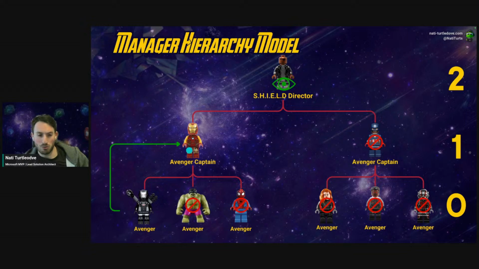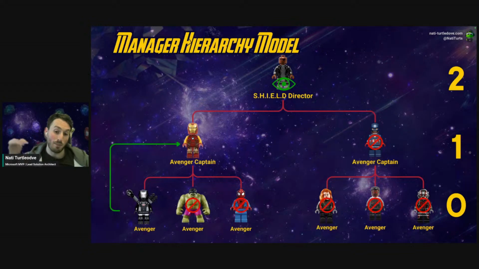So Nick Fury would be able to view War Machine's record that I created, but he'd only be able to view it. He wouldn't be able to edit it, reassign it, share it, etc. And we can start seeing how this depth level can start scaling up and up and up a hierarchy ladder. We can set it to 3, 4, 5. They'll have view permissions, and it's really, really convenient when you need to share data across a chain without having to create manager-specific security roles.